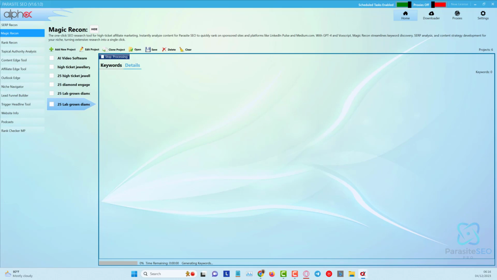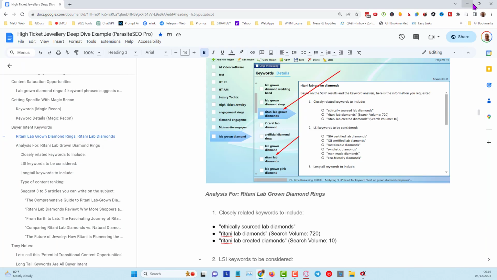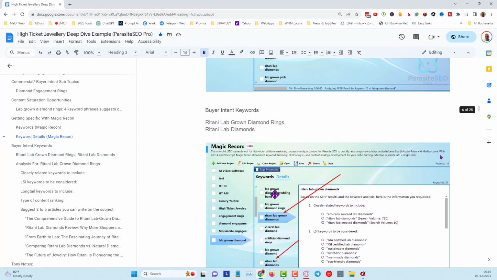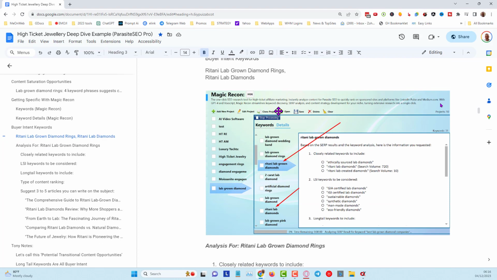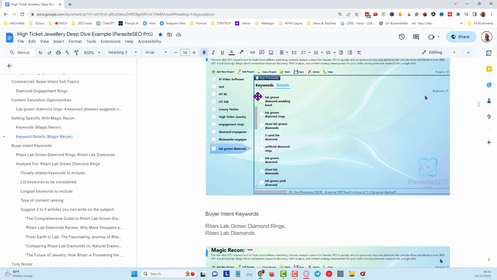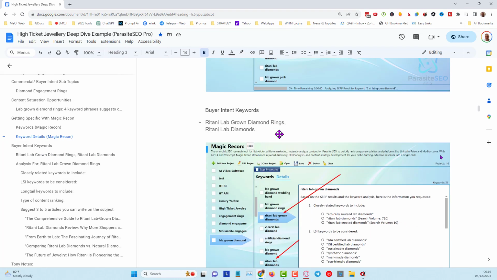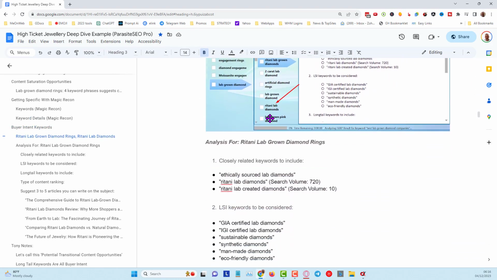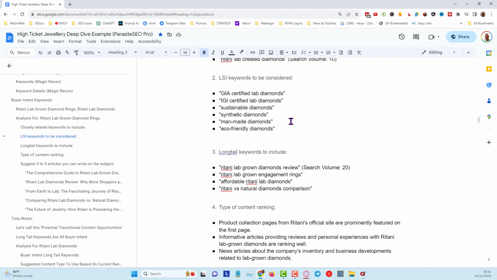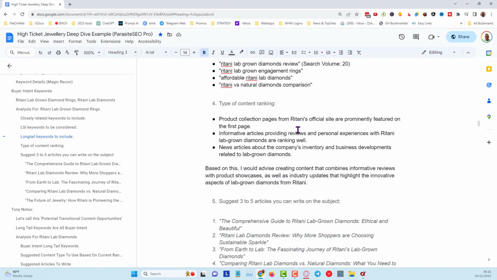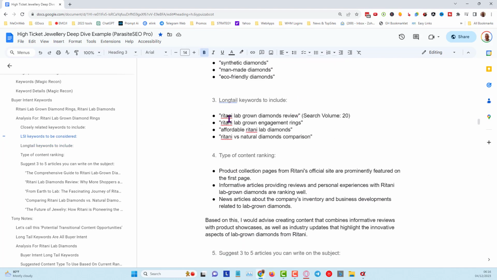Sometimes the AI just gives you different results, and you can see from here I started to get the brand name of Ritani very early. It was only about 3 levels deep at this point. I started to get mentions of Ritani lab grown diamond rings. Then I started to get results for James Allen lab grown diamond rings, and it just allows us to dig deeper and deeper. And as we start to get into the long tail keywords, then we start to see again